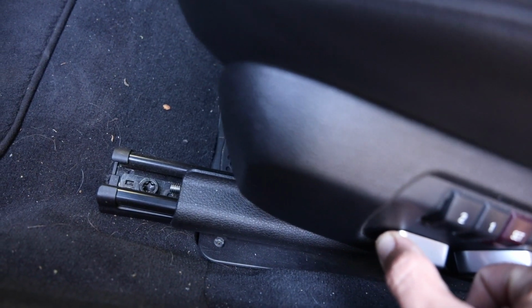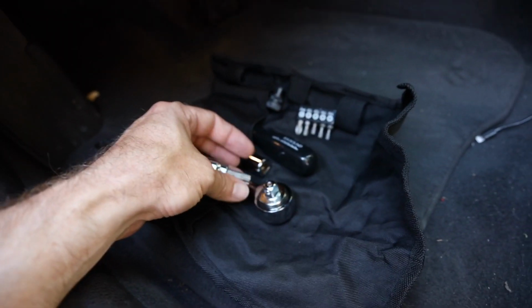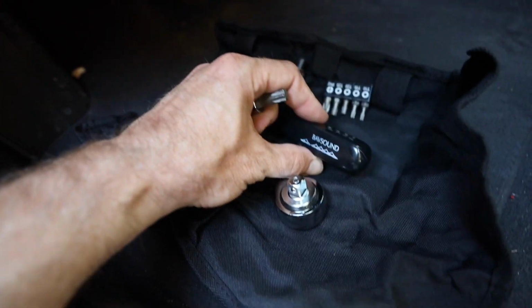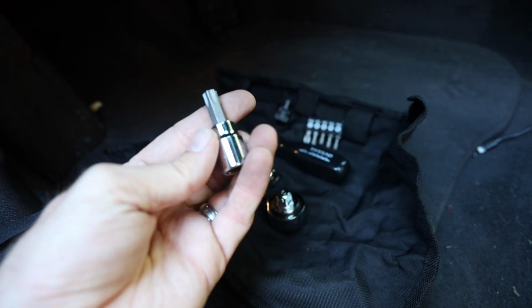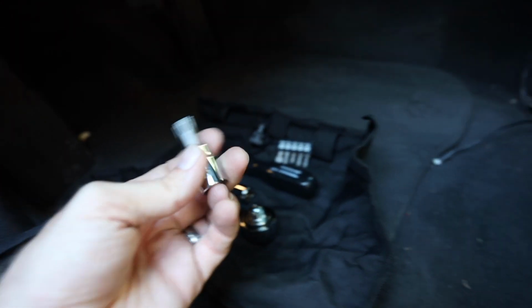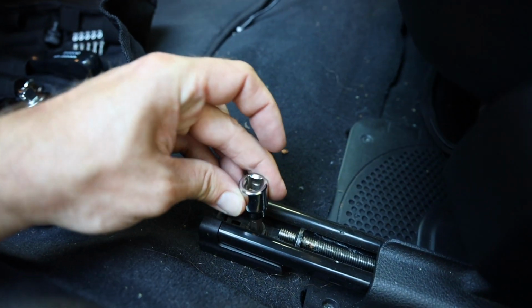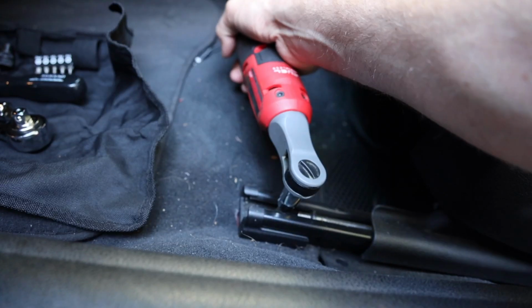Basically, it's pretty straightforward as far as ripping the seat out goes. We will push these all the way back and expose the screws and that dirty carpet. When I did my Burmester sound install for my speakers, I got this really cool kit, which came with all the stuff to remove the seats and install their speakers. It also came with a T50 Torx and all the tools, and I literally just leave these in the car. So we are going to use a T50 Torx on here. We'll bust that off. We'll use the